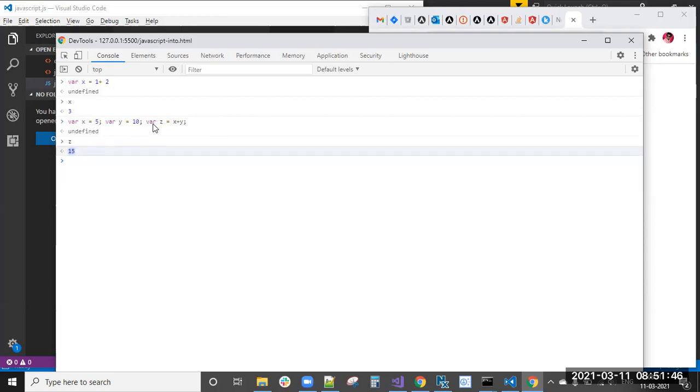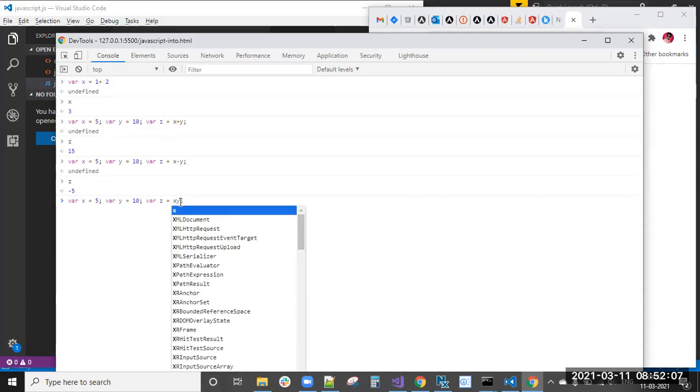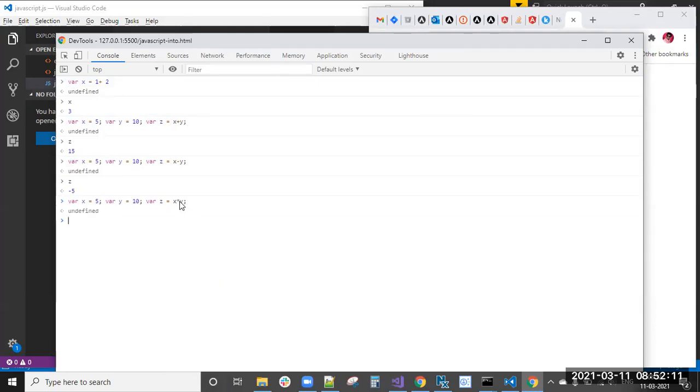This is the arithmetic operator plus. Similarly, if you use minus here, then you will get -5. If you replace that minus with star, then you will get 50.